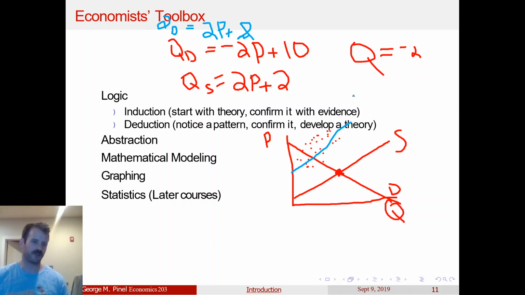Of course, in the real world, it doesn't work like that, but given this relationship, I'm going to increase my price until I can't increase it anymore, until I start seeing that quantity demanded increase starts decreasing. So we'll use statistics. Once we have the theory, and once we've done the mathematical model and the abstractions and looked at the graphs, we'll fit the actual data to the theory, and we'll see, does the theory actually look like the data? And if it doesn't, then you have to retool your theory.